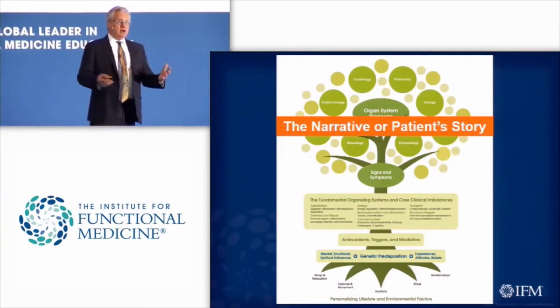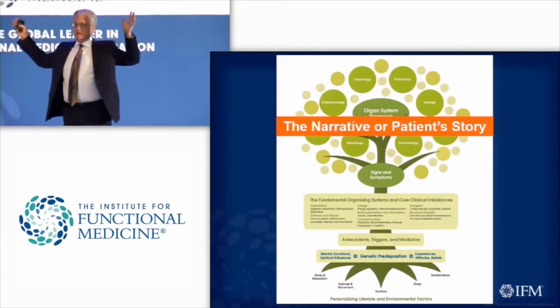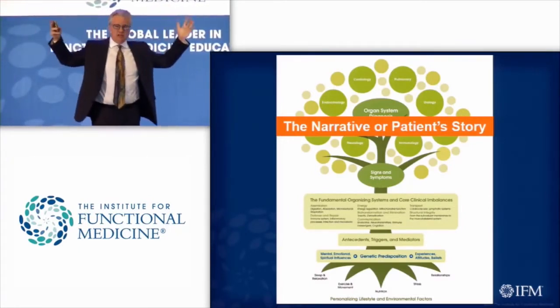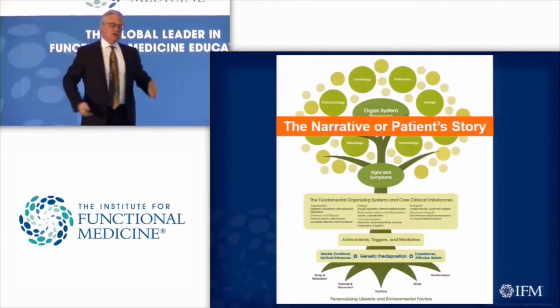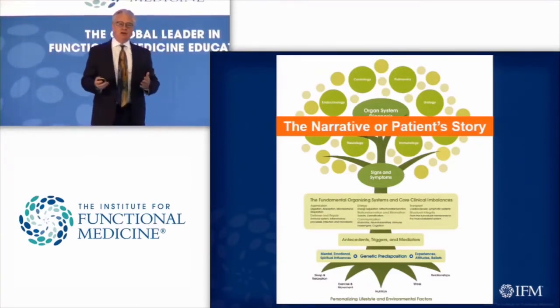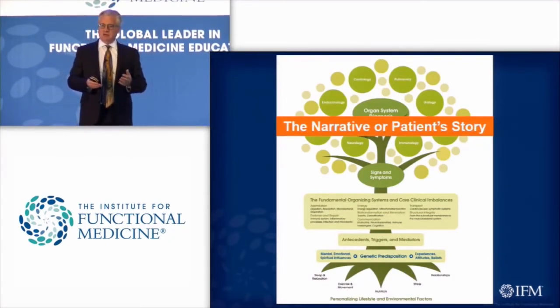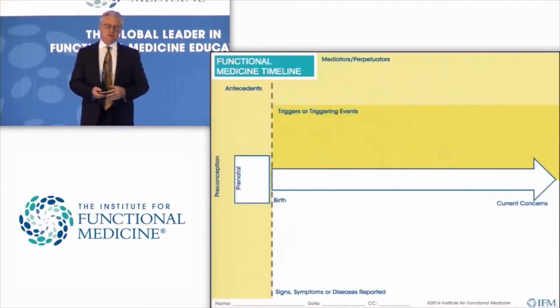So as we look, we tend to focus on the branches and the leaves on the tree, the different components of the symptoms that are there or the diseases that someone has. But we're actually going to change the focal point and go down to say, where's the functional imbalance? How do I begin to look at that? And what are the root causes of those problems?